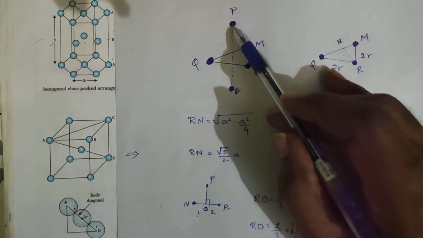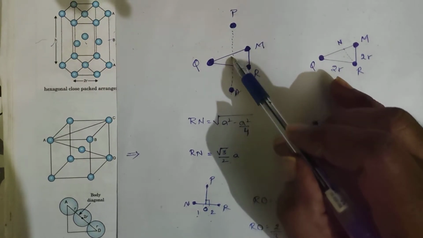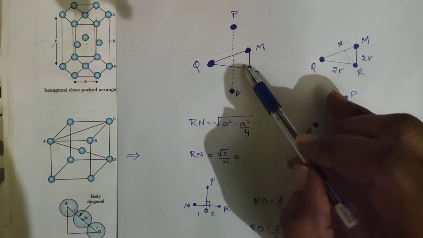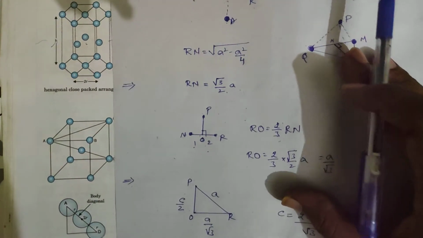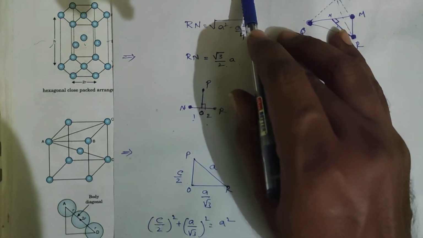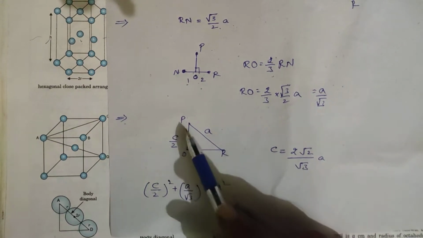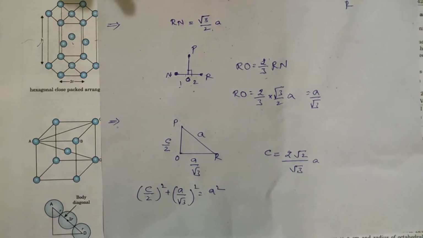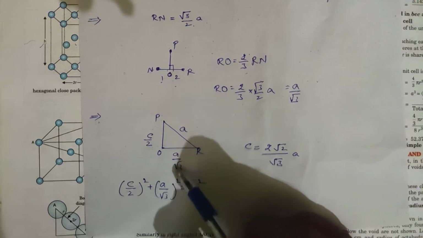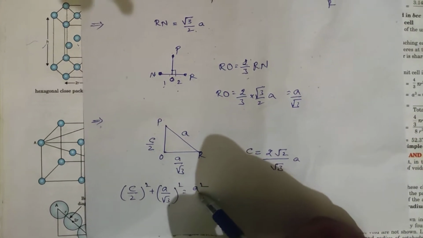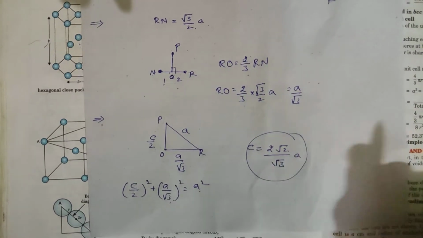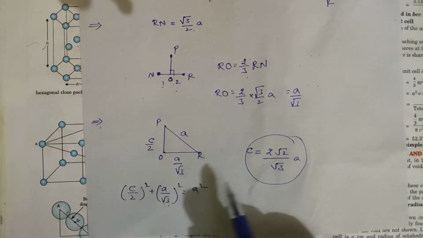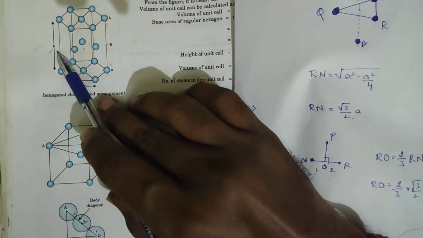Okay. So I am linking these two. This link is 2R. This is what? c by 2 or h by 2. And this one, from here to here you will be having the value. Here to here, RO value you know, that is 2 by 3 times of this one. That is what you have calculated. So RO value is a by root 3. PO value is c by 2. So PR value is a. So what happens? (c by 2) whole square plus (a by root 3) whole square will be equal to PR, that is a square. From that you will be getting the value of c. If you make c the subject, you will be getting the value of c. What is the c? That is what we have discussed here, height. Clear? This is the height we are getting.